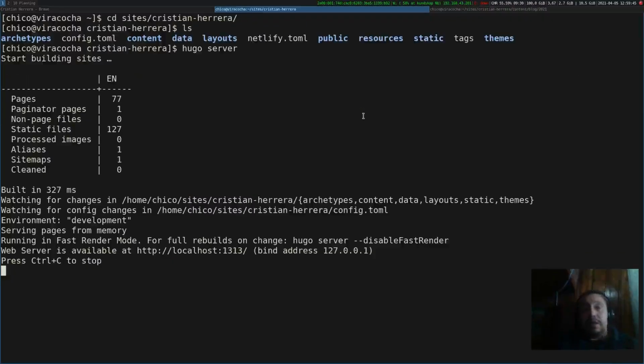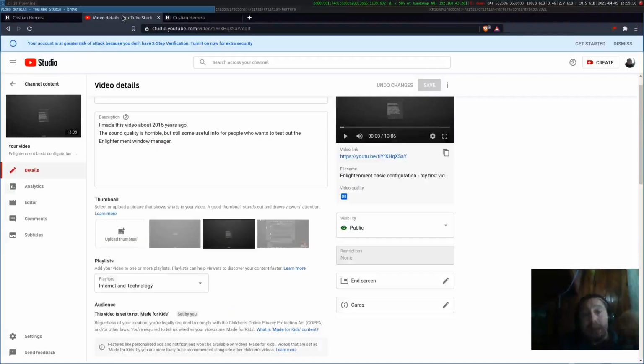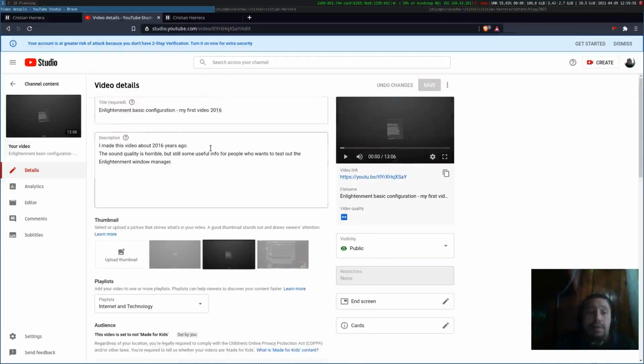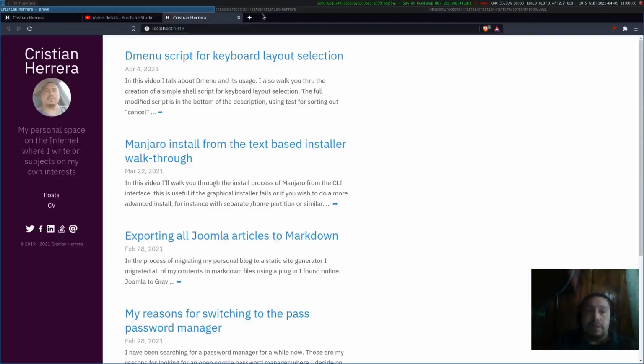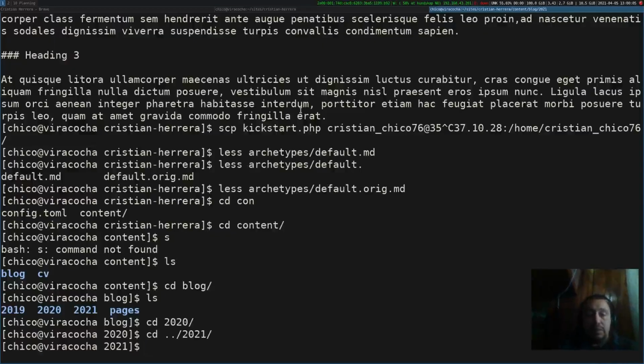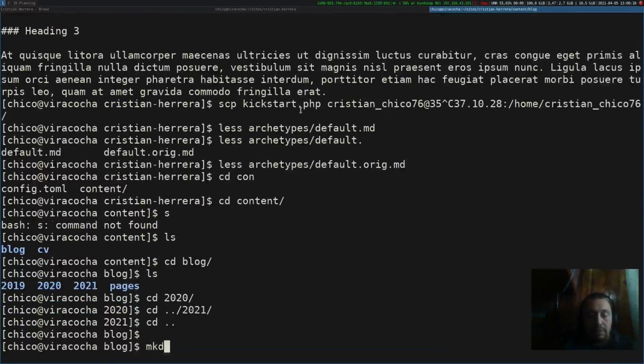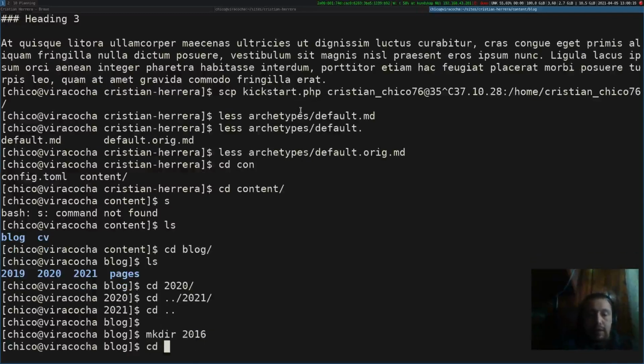So that's how I have it organized. Now, I made a video in 2016, a long time ago, about the basic configuration of the Lightermann desktop. So what I will do, I will put it within my file. So I go back and I create 2016, and I will go into that folder,